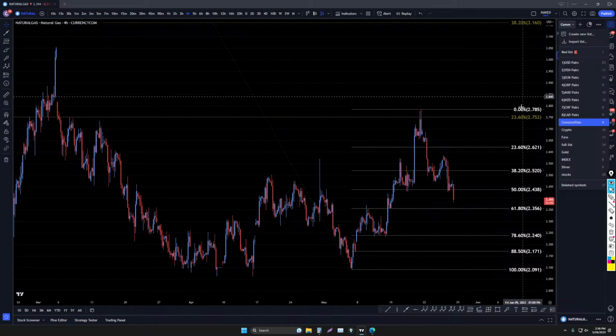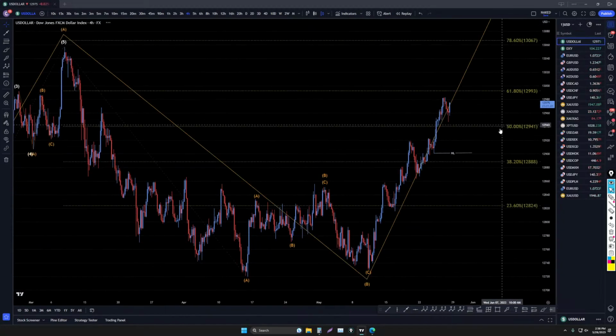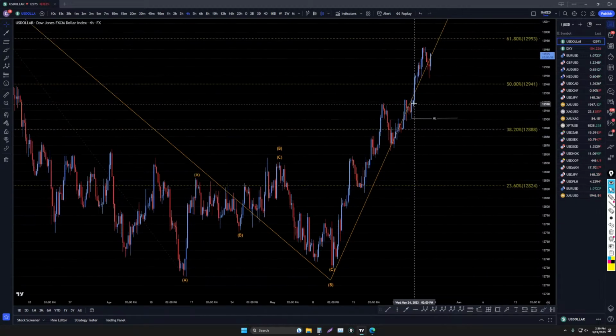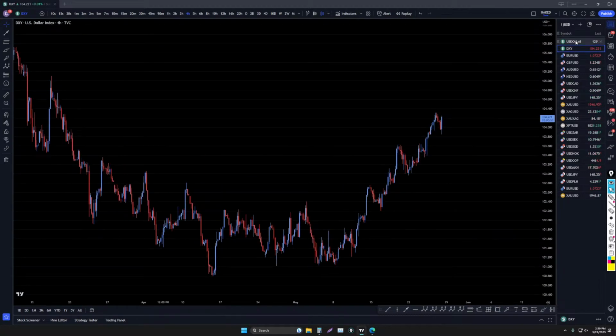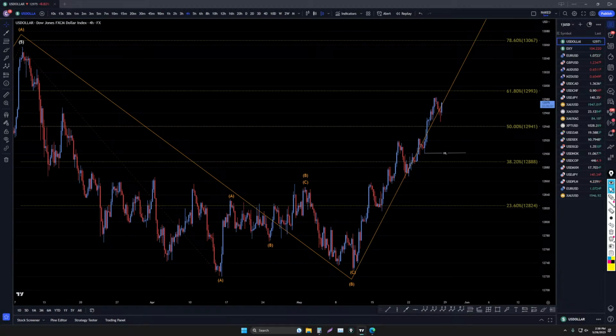So we only got... what do we got? We got about a minute before the news comes out. Let's switch back to these dollar pairs. Looks like they're going to make a wave 5. Maybe it'll touch that 61.8 before it actually pulls back. Or maybe it'll just keep on trending. We'll have to see. Like I said, hopefully it does.